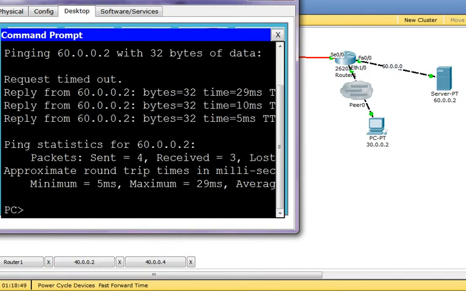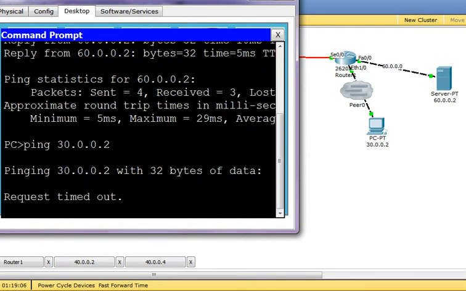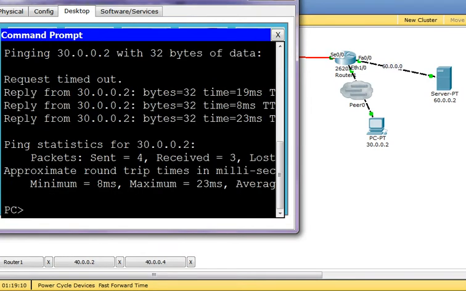Don't think that I have written ACL so it shouldn't talk. I still didn't put it on the interface. Now it should talk to the internet, 30.0.0.2. This is an ARP request happening, so one packet is lost.